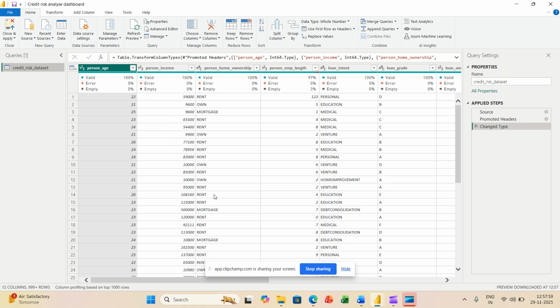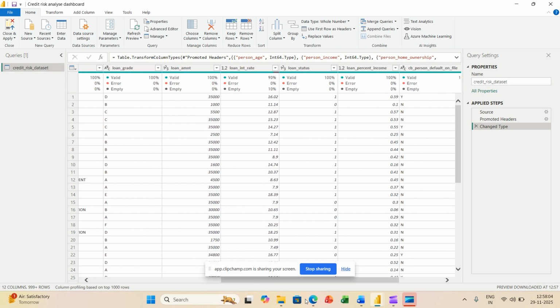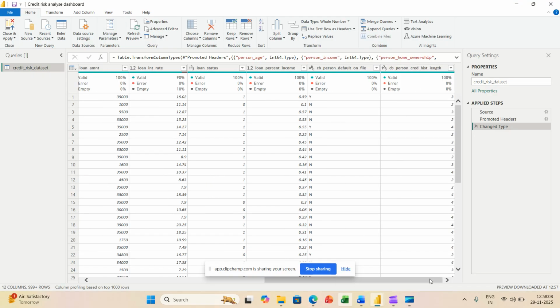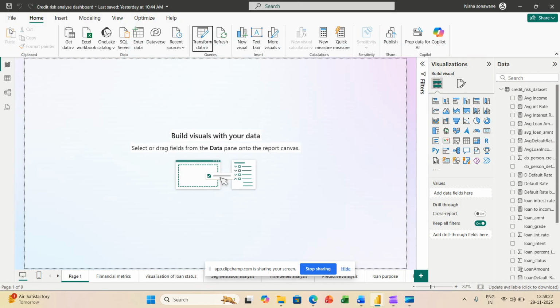You can see here I transformed my data according to my need. There is no error, there is no empty space. It is valid, and there are no duplicates in this. So close and apply. Okay.